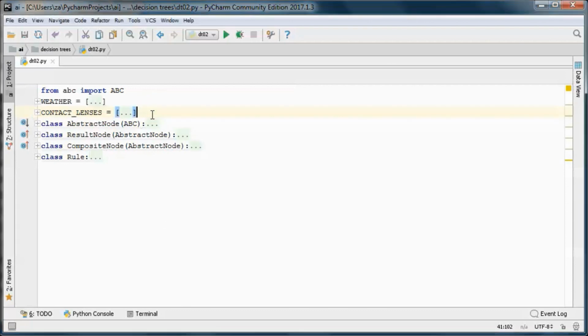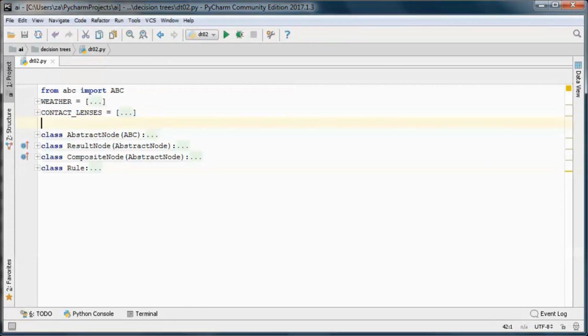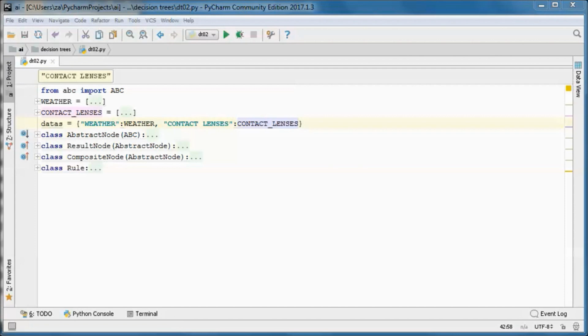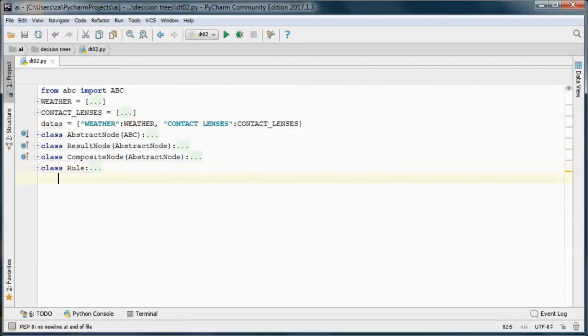And we will have this dictionary containing both of those, so we can add or remove datasets in the future here. And this class will represent a dataset.